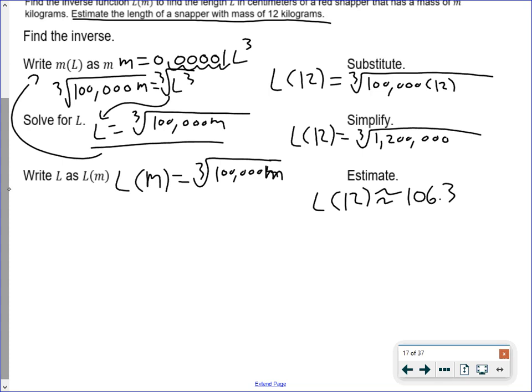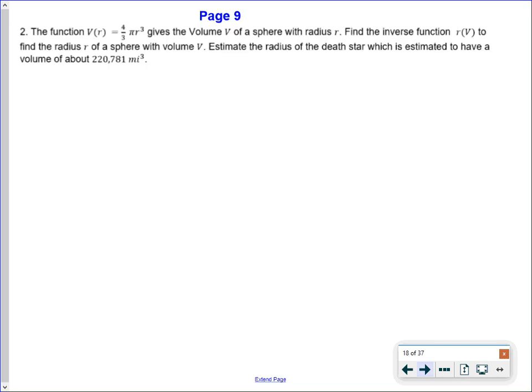So let's go over to number 2. Number 2 is going to be a little more difficult to find the inverse anyway. So we're told the function V of r equals 4/3 pi r cubed, and that gives the volume V of a sphere with radius r. So we need to find the inverse function r of V to find the radius r of a sphere with volume V. So we're going to estimate the radius of the Death Star, which is estimated to have a volume of about